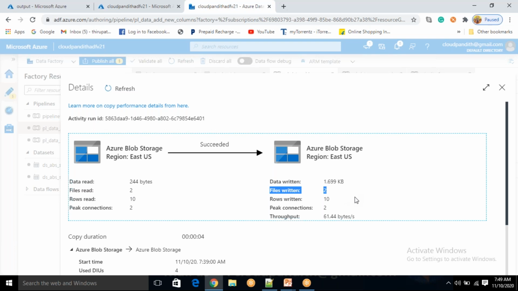With the help of this, I'm going to compare whether files read is equal to files written or not. If it is equal, meaning I have copied all the files successfully into my output container, then I will use delete activity to delete these two files from my input container.